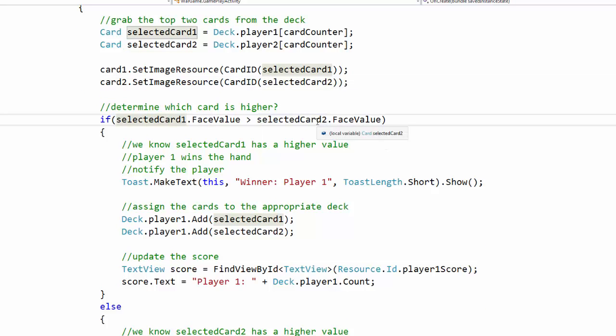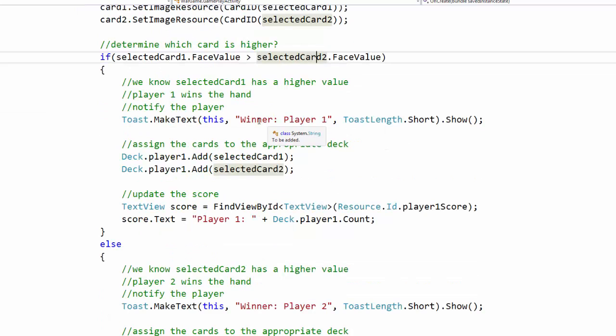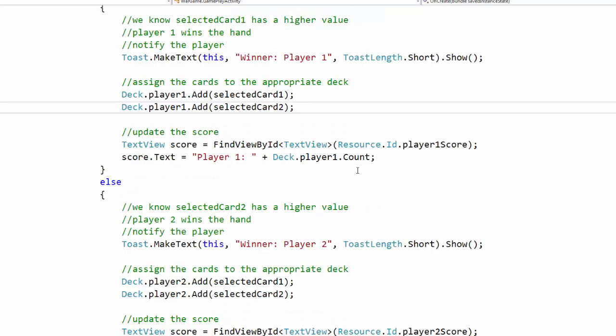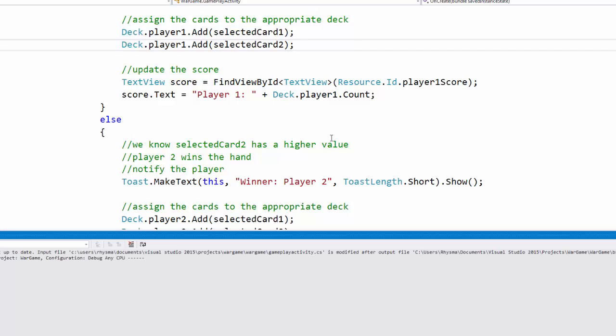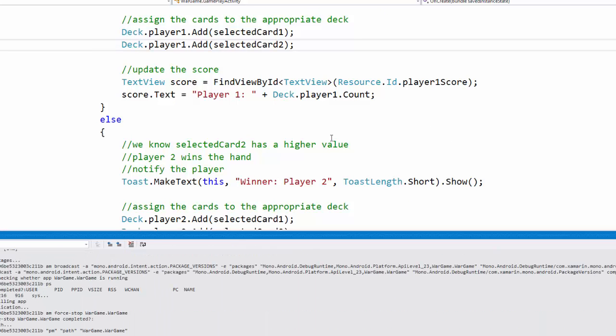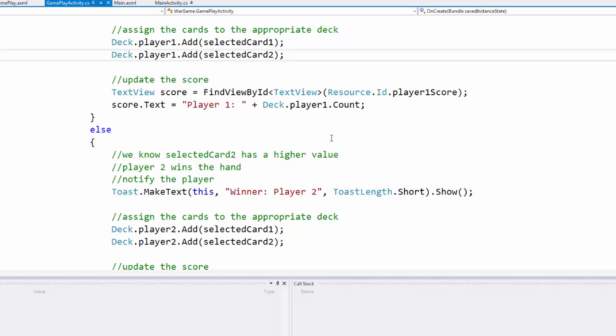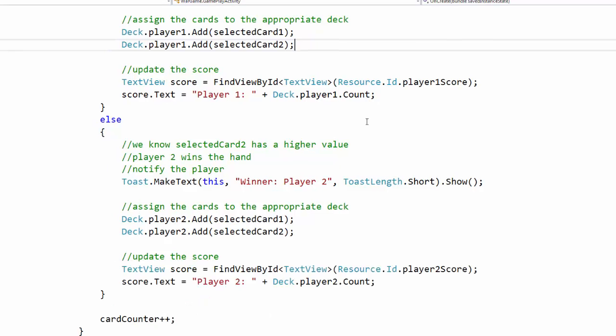displaying them, evaluating them, declaring a winner, and then the player with the higher card takes both cards and puts them face down at the bottom of his or her stack. So let's test this logic and run the application and see what I have now. I can start a new game, I can deal the hand, I have a jack and a 3, winner is player 1, and so we'll need to adjust the current score so that it's actually giving us something meaningful, because right now it's just giving us the number of cards that are available in our hand,